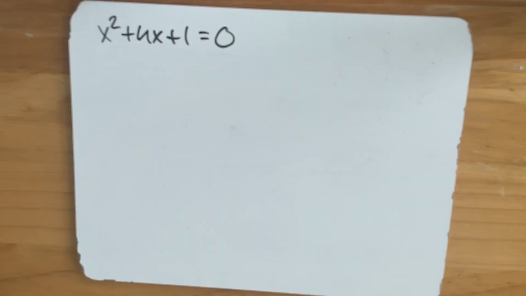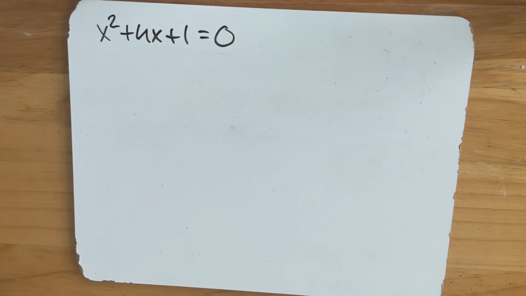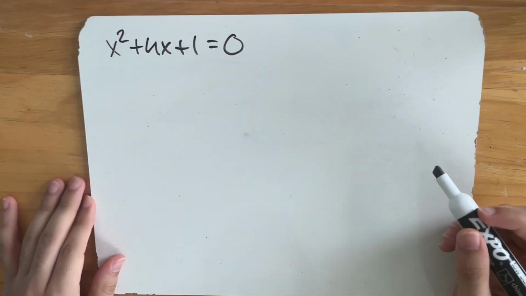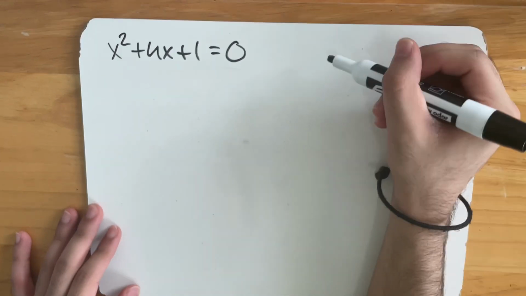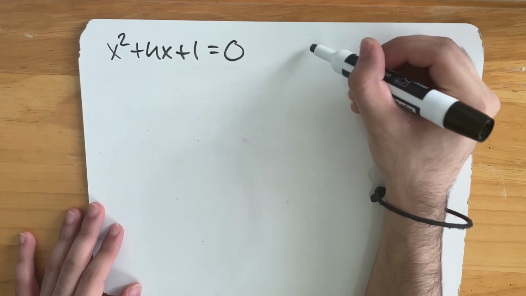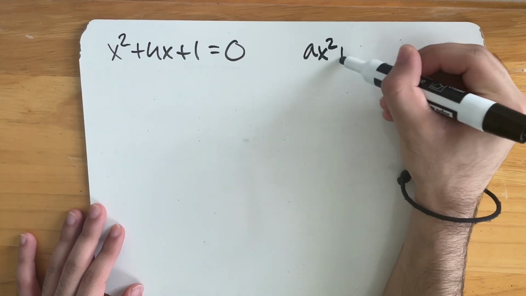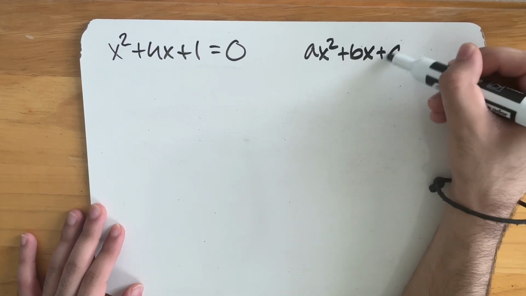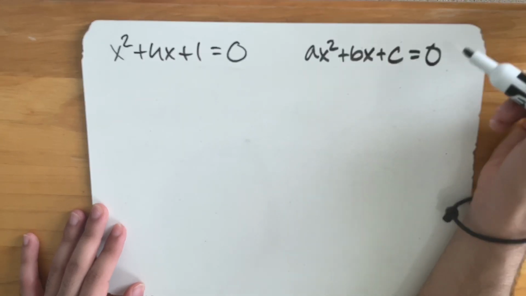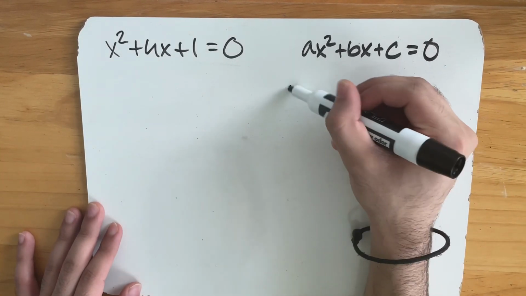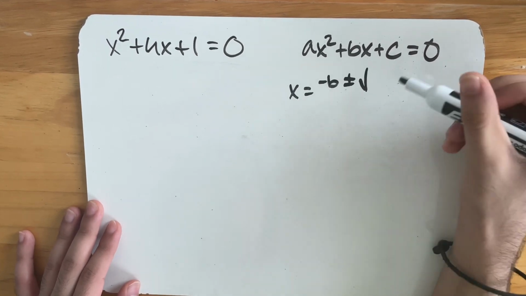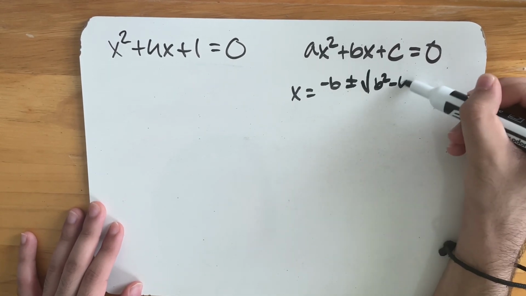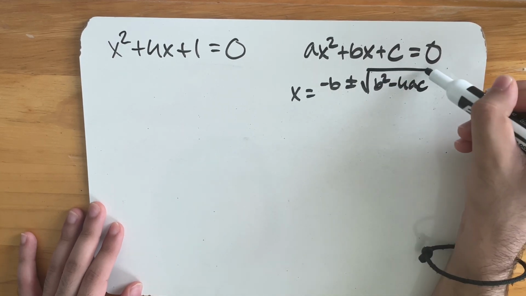Alright, so now I'm back, same equation, and today we're going to be solving it using the quadratic formula. So basically the quadratic formula is for any quadratic, I'll write it right here. For any quadratic, ax squared plus bx plus c, only if it's equal to 0, only if you have this form, x is equal to negative b plus or minus the square root of b squared minus 4ac